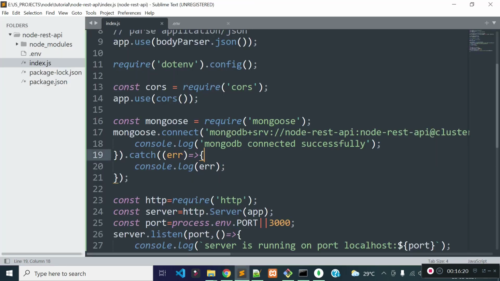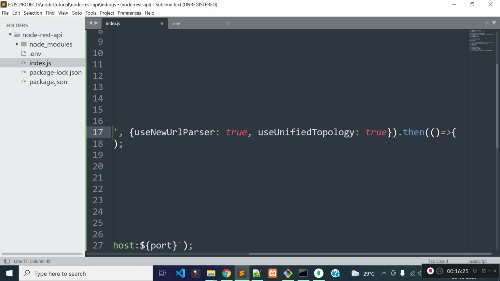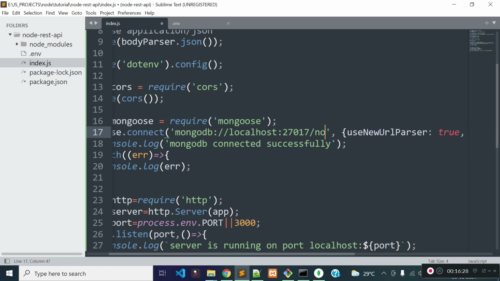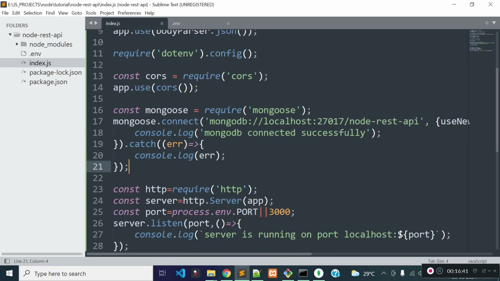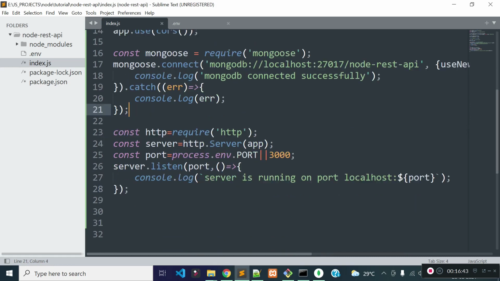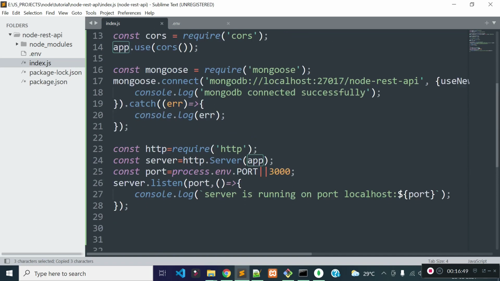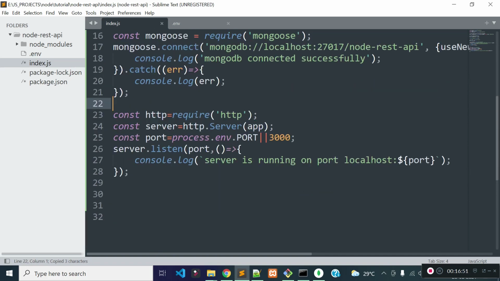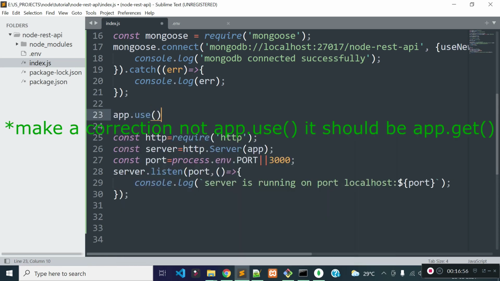So let's provide our local database URL here, and our local database name is node-rest-api. Save this file. You see, our nodemon successfully stopped the server and started the server again. Now I am going to make our first API endpoint. We can create our first API endpoint with the help of our Express app. Okay, so I am going to create it with the help of app.use, and then